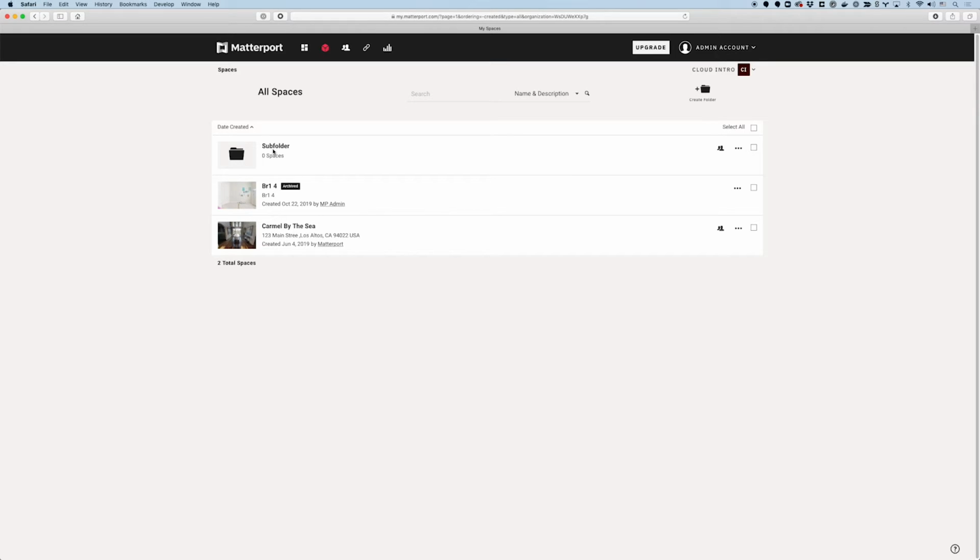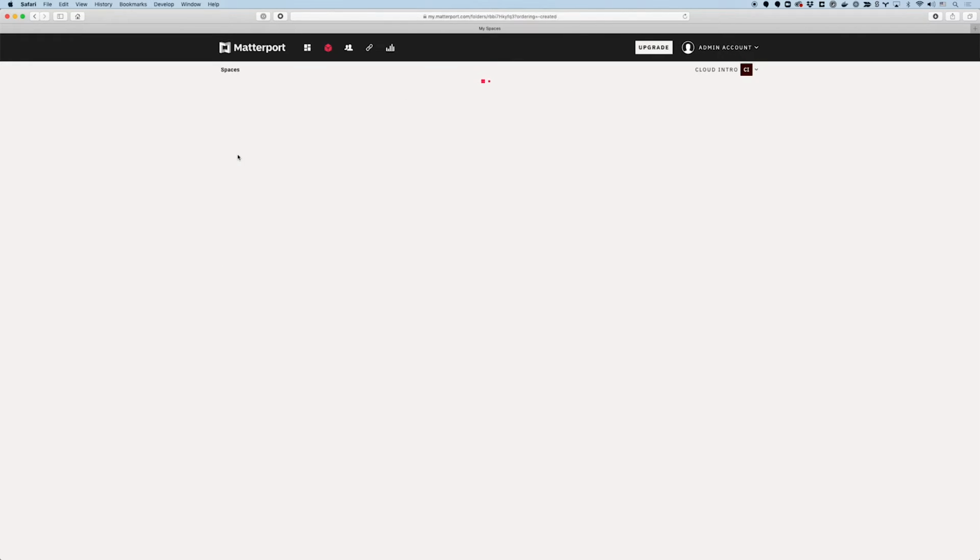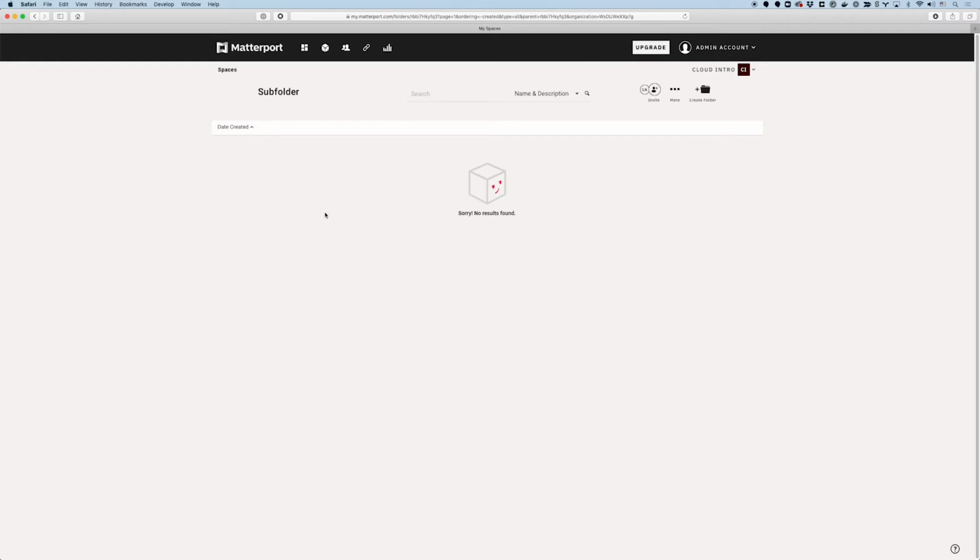And to do that, whether it's a folder or a model, you just do the same thing. You just go into the folder or model page itself, and up here, I can click on invite collaborator. So here I can either invite somebody that's already been included in the account, or I can invite somebody who hasn't yet been invited to the account.